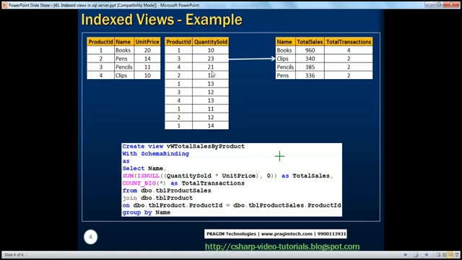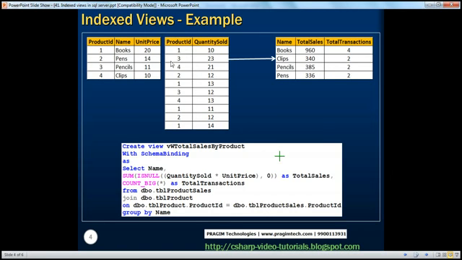Now, based on these two tables, I want you to create a view which can return this aggregated data that you can see on the right-hand side. I want you to write a view which can return the total sales and total transactions by product. So after selling books, what is the total amount of sales that I made, and how many times did I actually sell books? If you look at books, total transactions are 4,